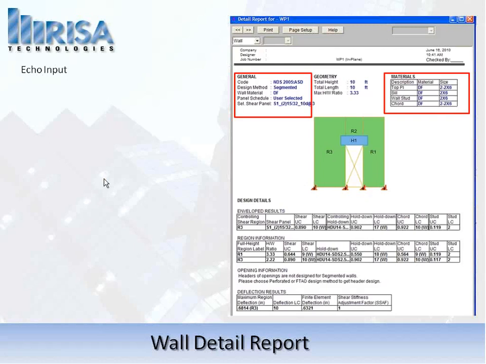I see that I'm using 2x6s, Douglas fir. Pretty obvious stuff from my actual design rules. Then I see the geometry of that, the total height and the total length. What's important on this piece of information is the maximum height to width ratio. That right there is 3.33, and that's per region, not per wall, which is important for a segmented